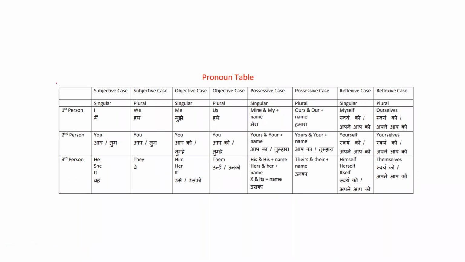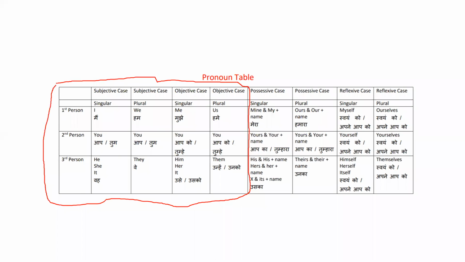Just take this part, because firstly we are going to talk about only this part. Then the rest of the part we will discuss. So our personal pronouns are like I, we, you, he, she, it. These words are called personal pronouns, which are used for persons, right? They can be divided into 3 persons: first person, second person, and third person.